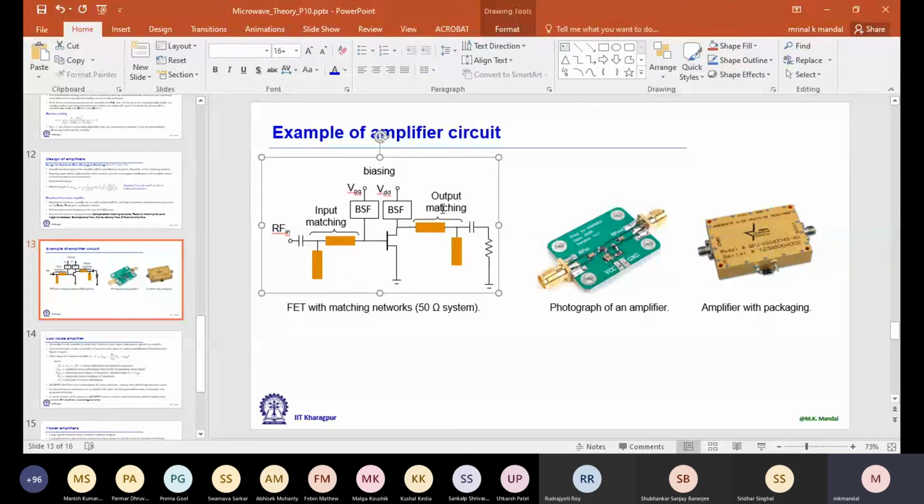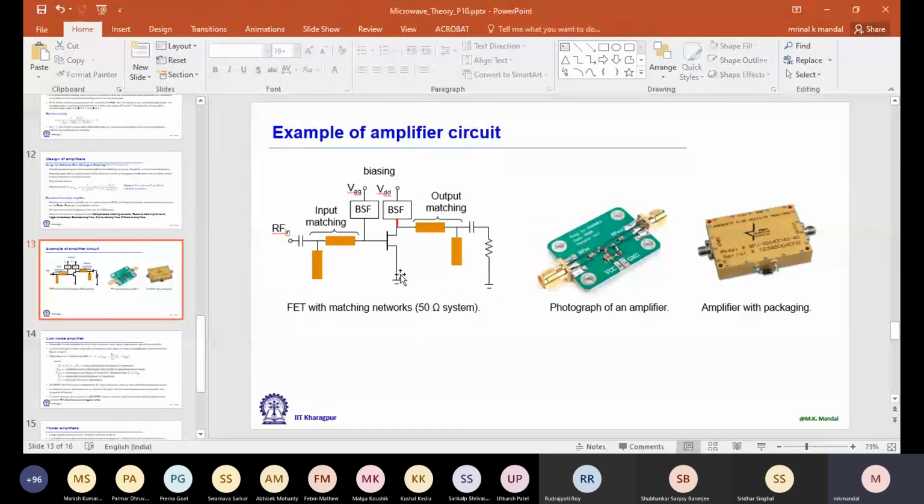And if you choose this separation, which separation? This band stop filter to your drain terminal or feed terminal. So this length of this section, I'm showing it in red color. The length of this section you have to choose properly, so that looking into your BSF, the input impedance is infinite. Then it is represented by an open circuit. It has no loading effect. Well, so that's how we design the bias T.